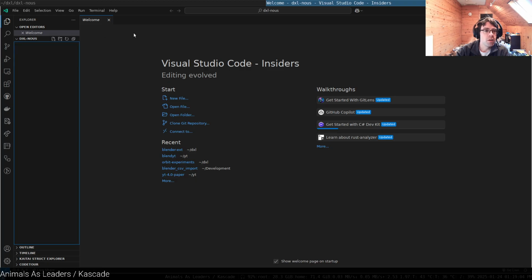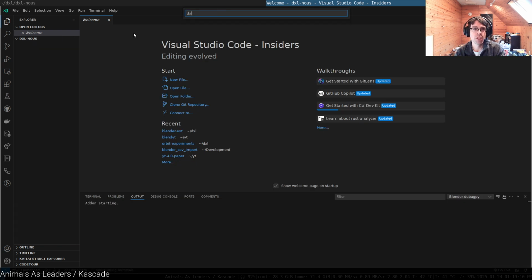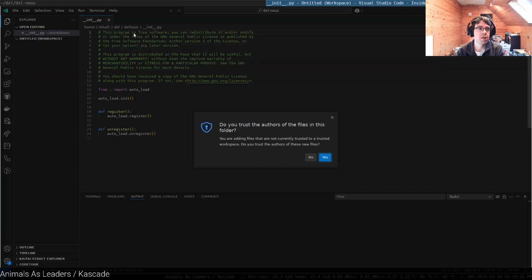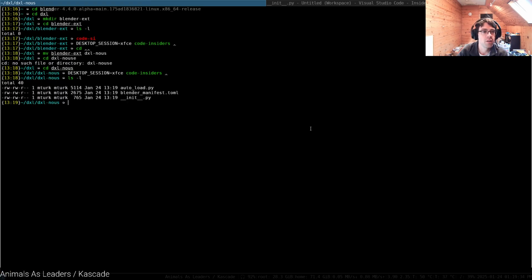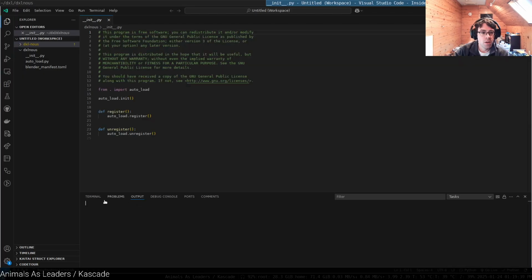Alright, so new Blender add-on with auto load. We're going to name it DXL Noose. My name. I'm not going to support legacy versions. Okay, I guess I'll change the name. We'll open that. Yeah, I trust the authors. So let's take a look. Yeah, it automatically changed it. Alright, let me go ahead and we will